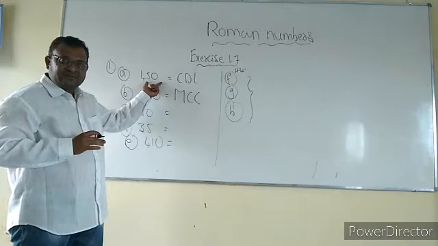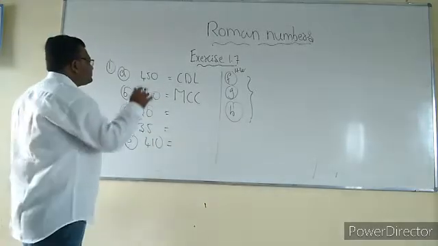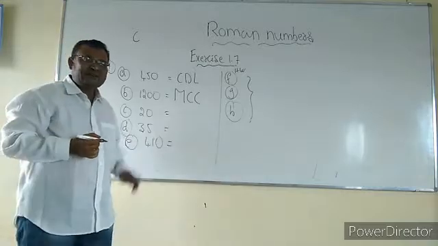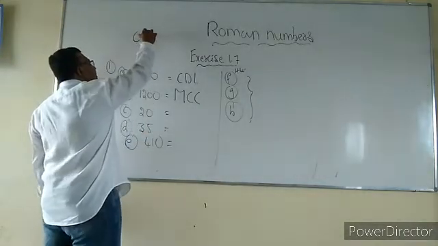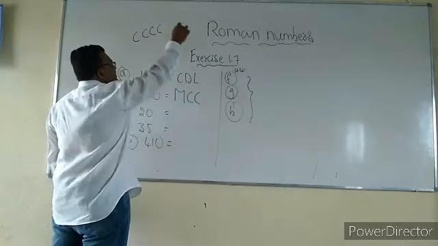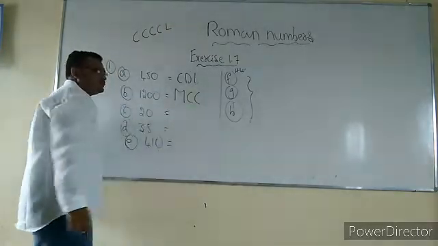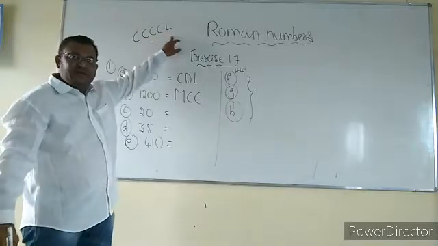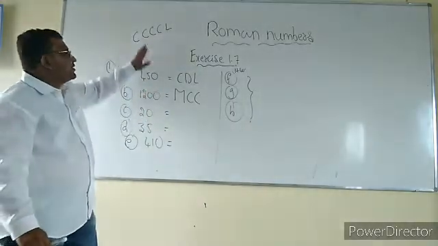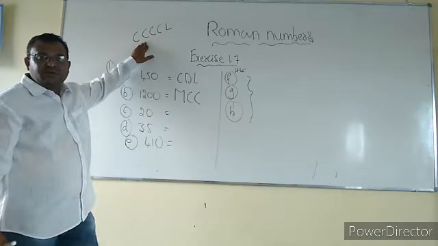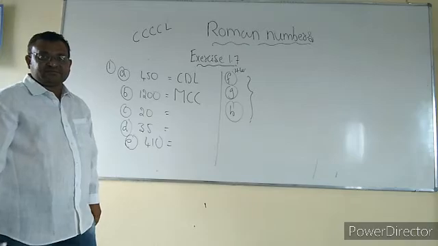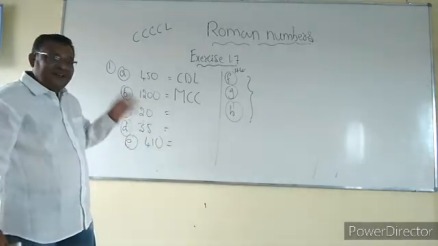450. 400 means, how many hundreds are there? 400. So 100, 100, 100, and 50. For 50 what is the sign? L. So 450, no, we should not write like this. Why? Because the rules will not allow to write C 4 times. So that's why what we have to do,